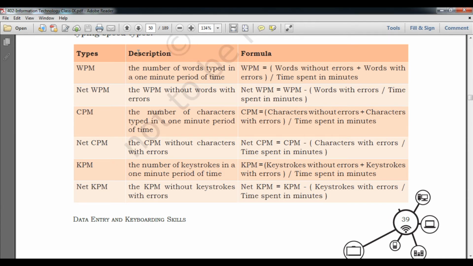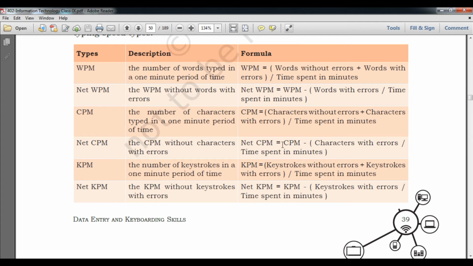Okay students, so let's discuss what that is. WPM, its formula is WPM equals words without error plus words with error divided by time spent in minutes. And net WPM: the formula is WPM, whatever you calculate from here, minus words with error, upon time spent in minutes. CPM is characters without error plus characters with error divided by time spent in minutes.